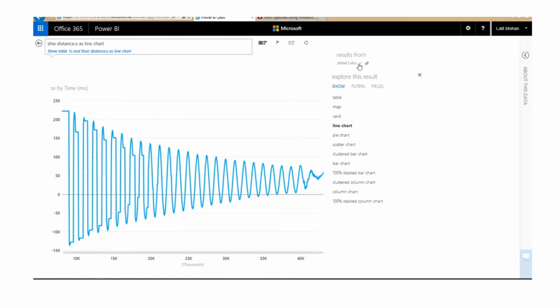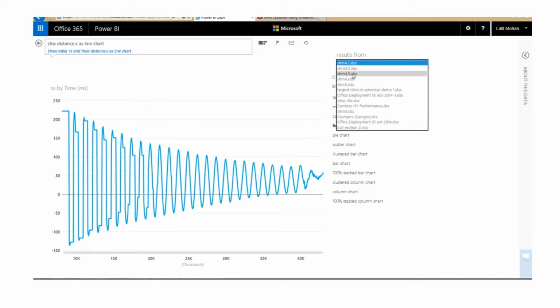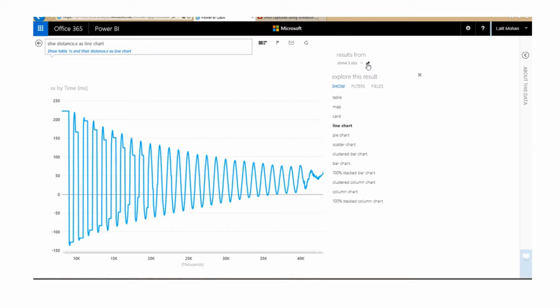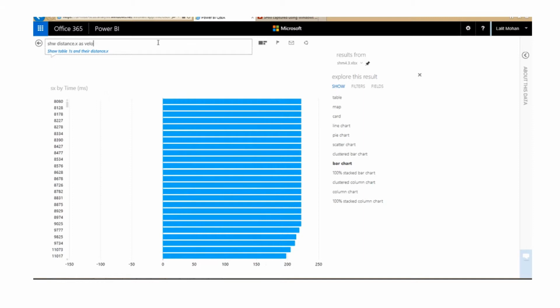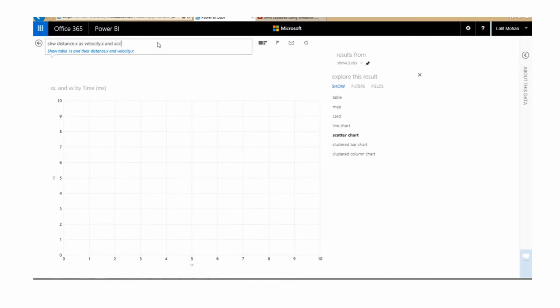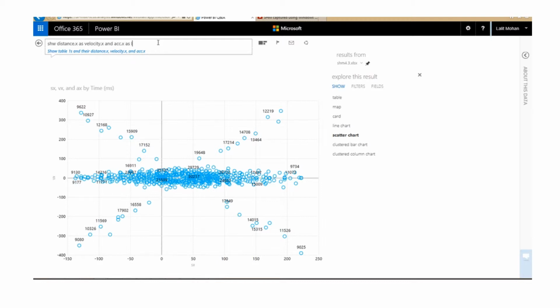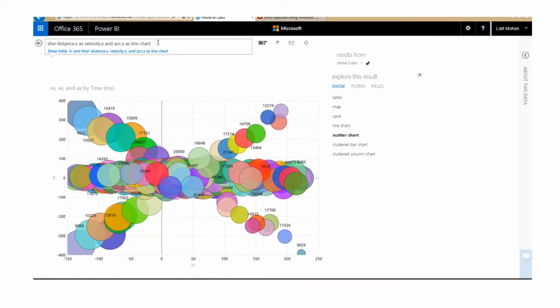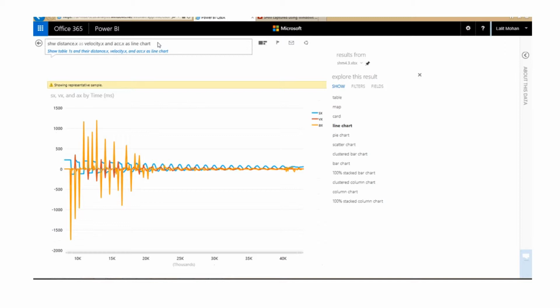Now it shows the data in the form of the pendulum swaying, which is damping off with time due to air friction. However, the software needs to help more. Serv needs to see distance, velocity, and acceleration as line charts. And there you go. Just by using this simple command in a natural form, he's able to look at the